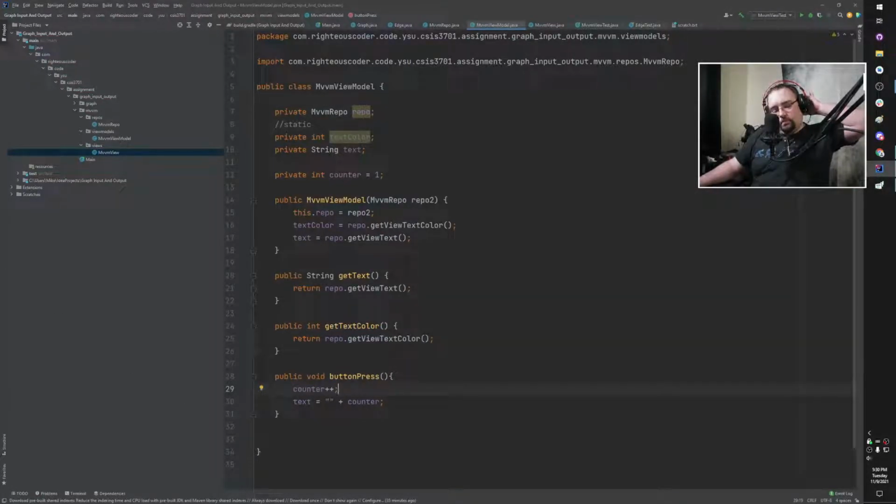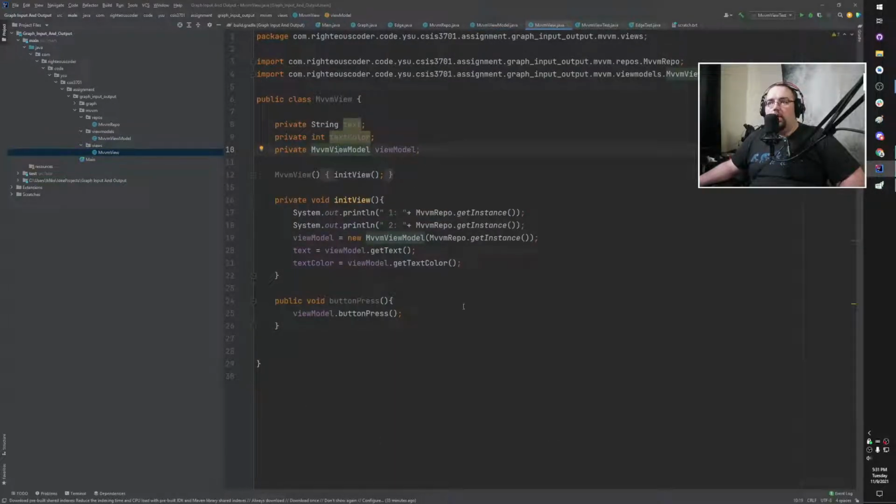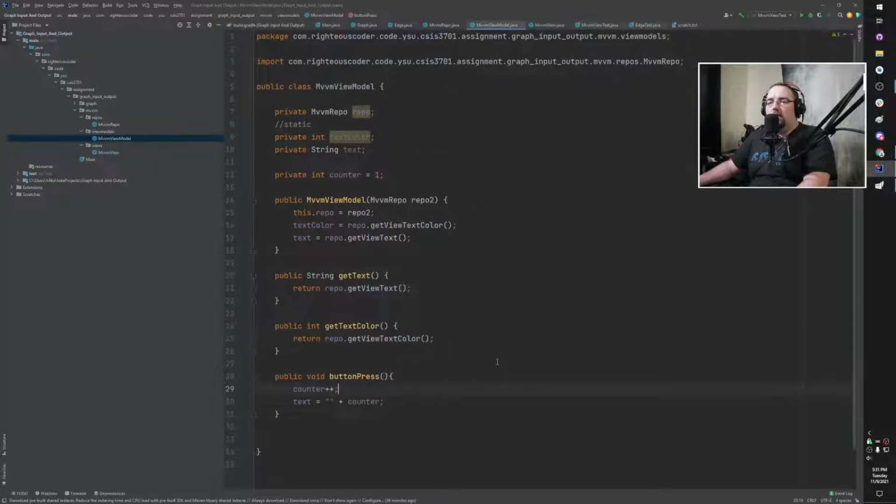All right. So this is a complicated example, and I want to work our way through it. We have a view here that we're putting up on the screen. We're pretending that there's a button on it. It has some text and some color to the text. We click the button. Why would we pass the button press to the view model? You might be wondering, and honestly, it's a really good question. The real reason is so that you can locate all the logic inside the view model, and you'll notice